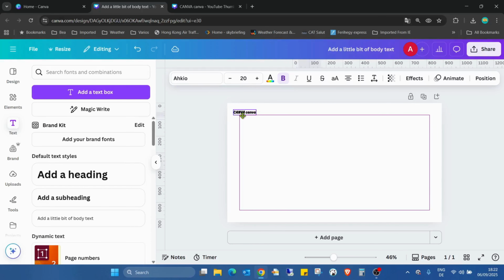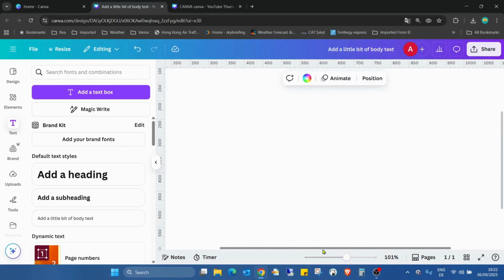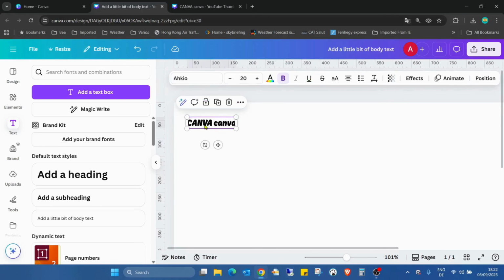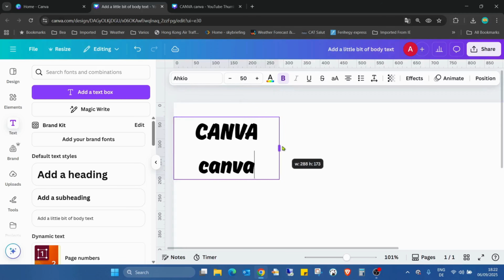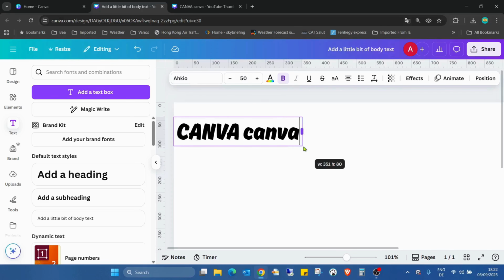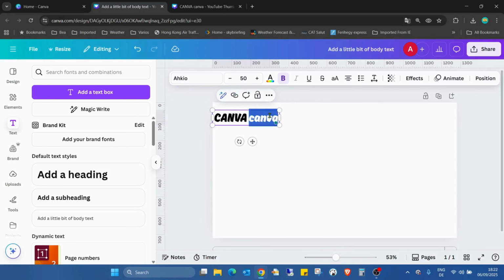And just change the font size to, oops, where is the text? Here is the text. I would have to change the font size to like 50. Maybe is it too big? I don't know. Just checking. Maybe the 50 is too much. Try with 40